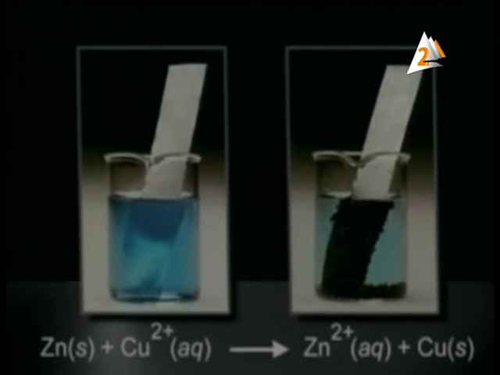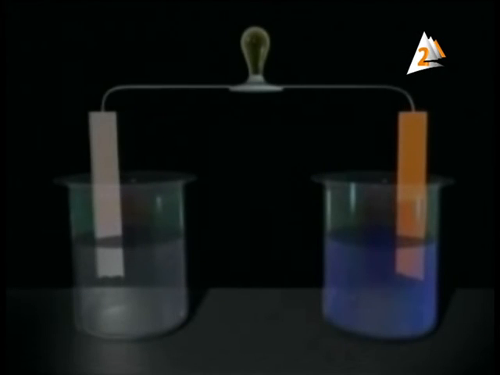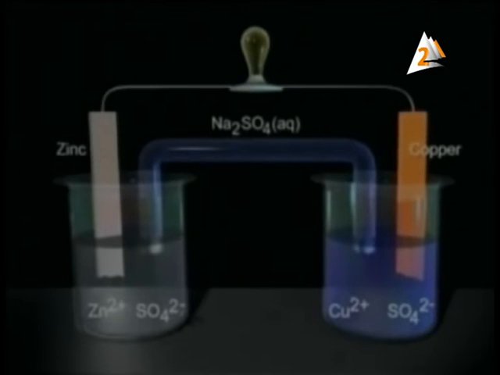Zinc reacts with copper sulfate in aqueous solution, giving us Zn2+ in aqueous solution and solid copper. So here we have the type of this reaction: it is the galvanic cell. This reaction depends on the transfer of electrons between the two halves. I want to know how the electrons transfer from zinc to copper or from copper to zinc. You have zinc sulfate, which decomposes into Zn2+ and SO4 2-. We have a salt bridge between them, sodium sulfate. When it is inserted in the other half, copper sulfate also decomposes into copper and sulfate.